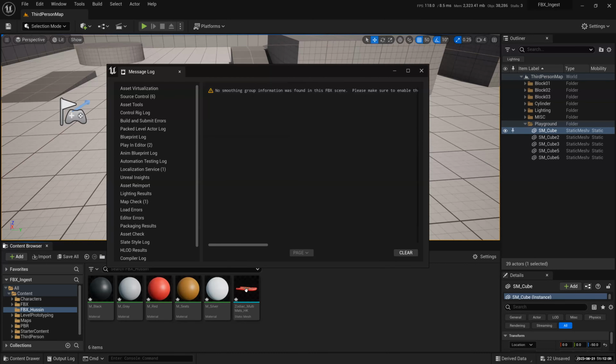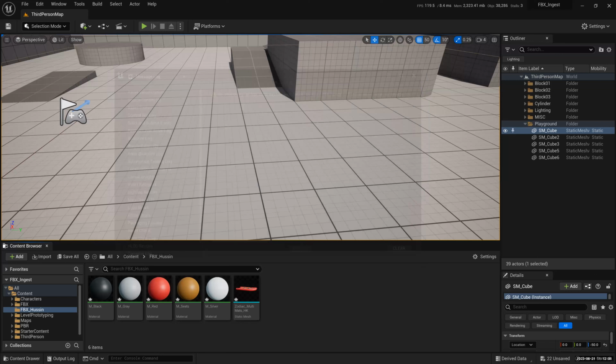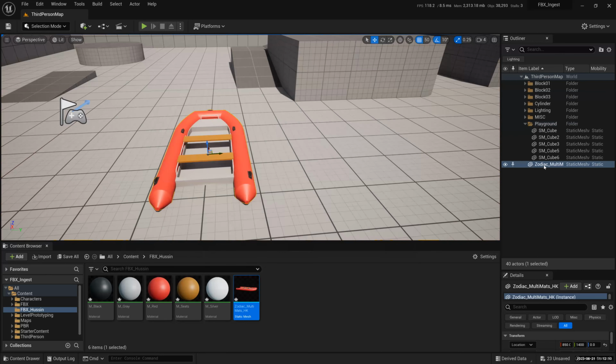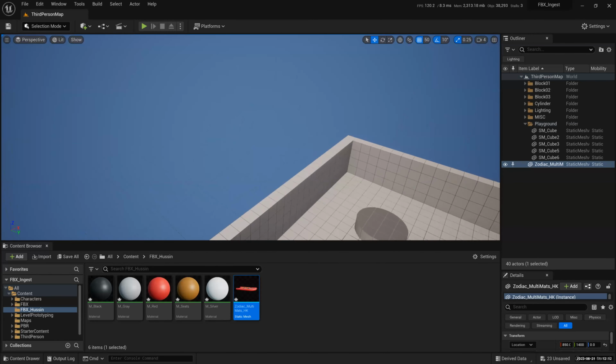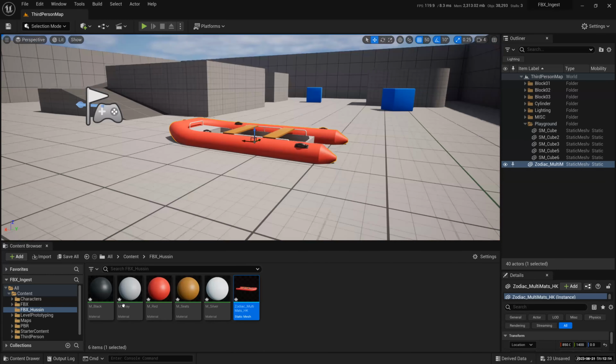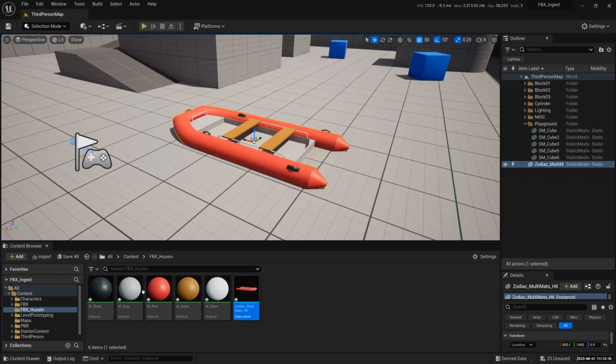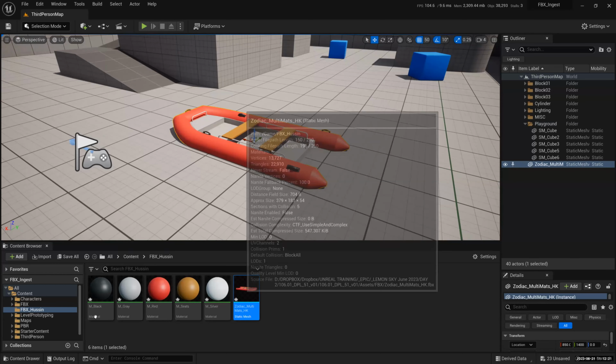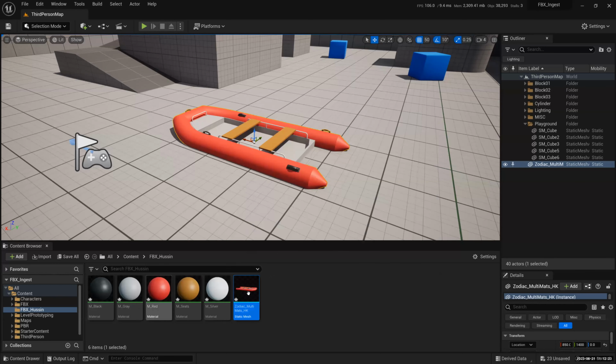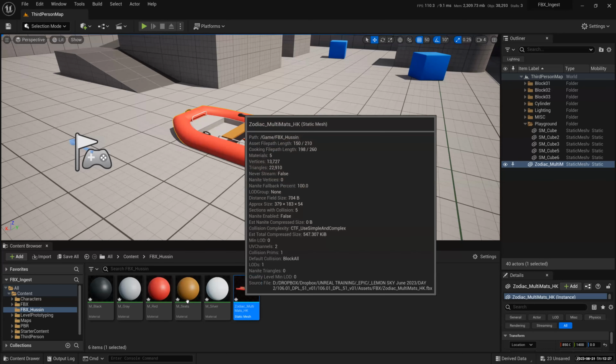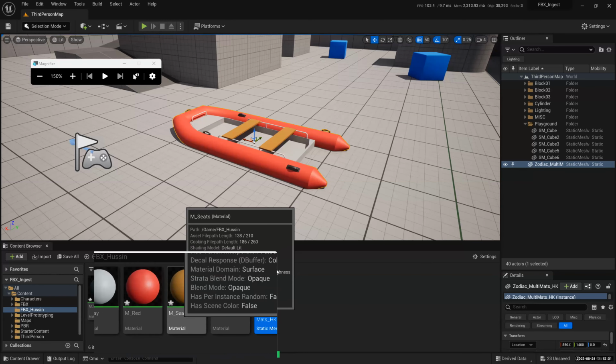So now you can see I have my Zodiac. I can drag and drop it into my scene. Now it's gone, so I just double click on it. There you go. Okay, I got my Zodiac, and I've got my materials all done automatically for me. These are very basic materials. Remember the name I gave just now? There you go, M_seeds. Remember I renamed it in Blender, and it followed, it came along. So that's kind of cool.